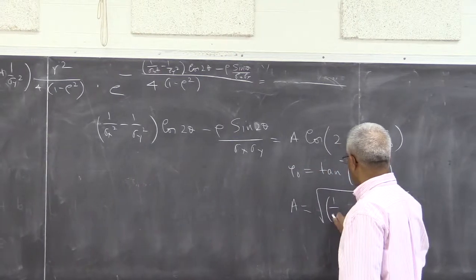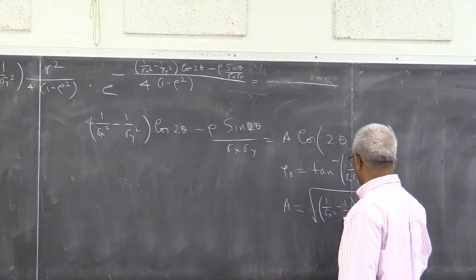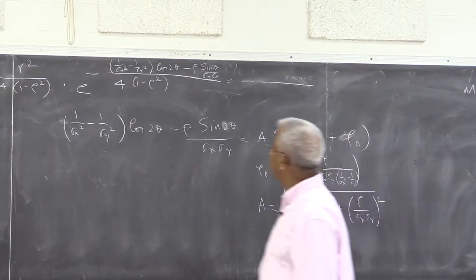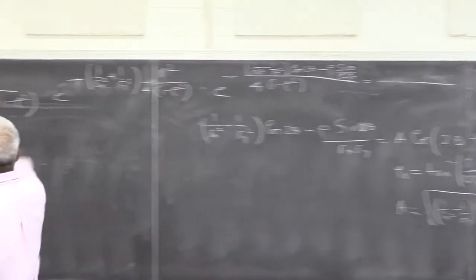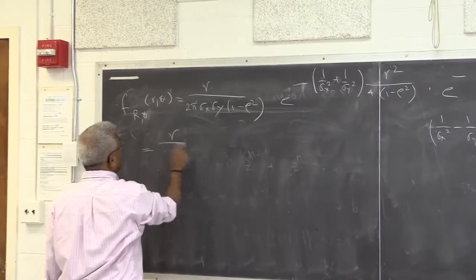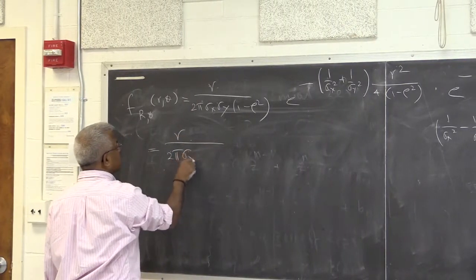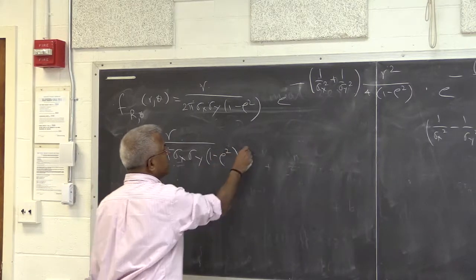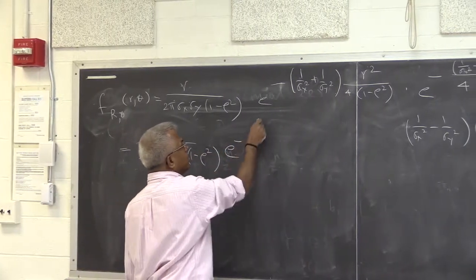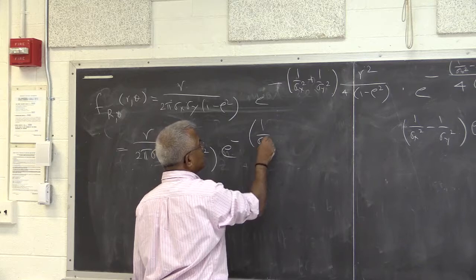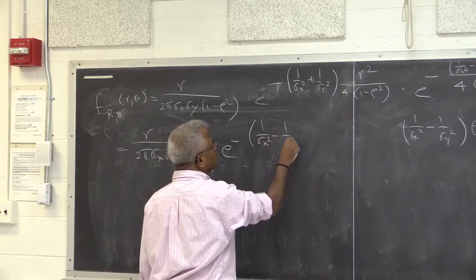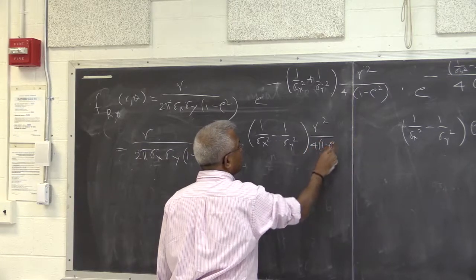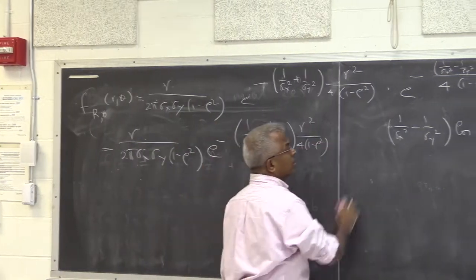So 1 over sigma x squared minus 1 over sigma y squared. So consequently this becomes r divided by 2 pi sigma x sigma y multiplied by 1 minus rho squared, e to the power minus 1 over sigma x squared plus 1 over sigma y squared, r squared over 4 (1 minus rho squared)